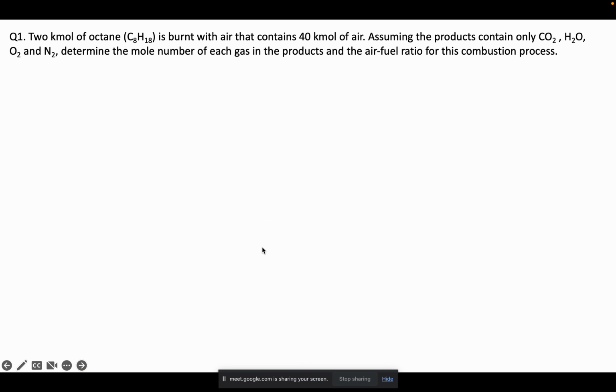2 kilomole of octane is burned with air that contains 40 kilomole of air. Assuming the products contain only carbon dioxide, water, oxygen, and nitrogen, determine the mole number of each gas in the products and the air fuel ratio for this combustion process. Okay. So, in order to do this, the first step will be to write down the combustion equation. Okay, so combustion equation will be